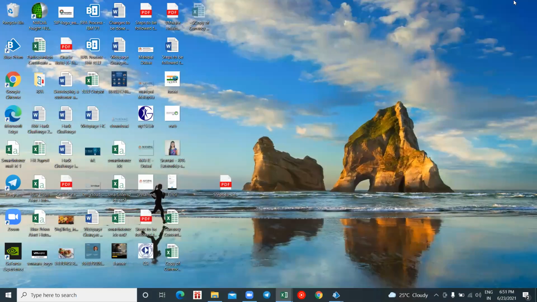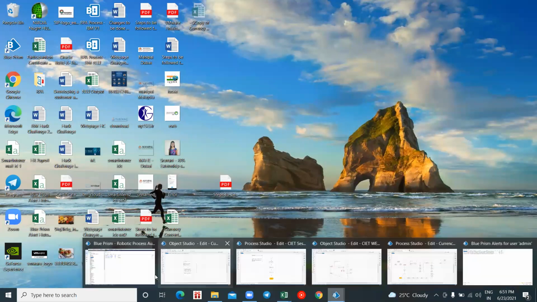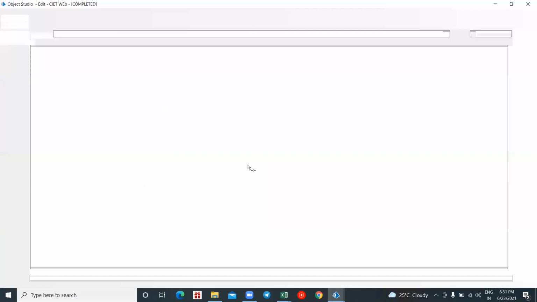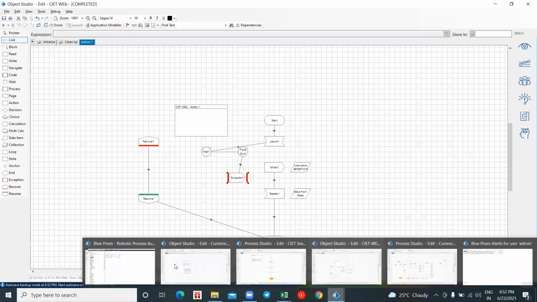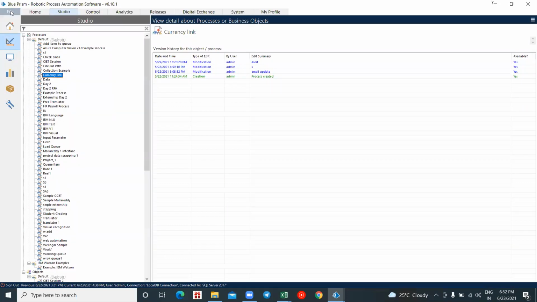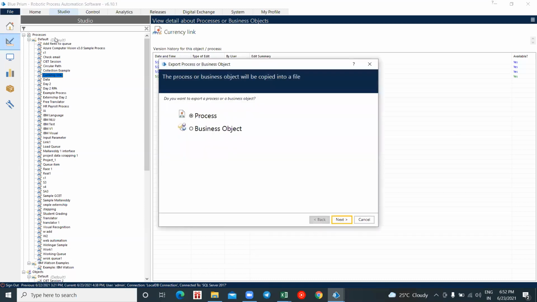And the last thing I have to show is, now let's say you have created this flow, you have created this sort of application like digital workers, right? Now you want to export or download this particular flow. How to do it is, go to your home. Here you have a file page, right? Click on this file, go to your exports option, click on process or object, and if you want to export the process, you click on process.